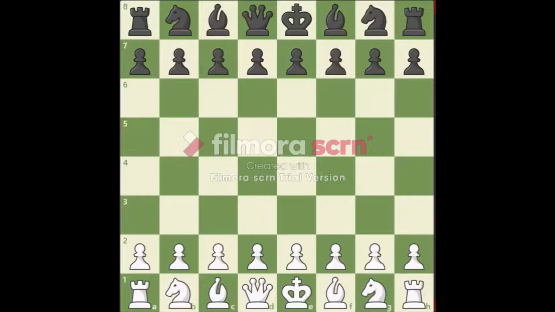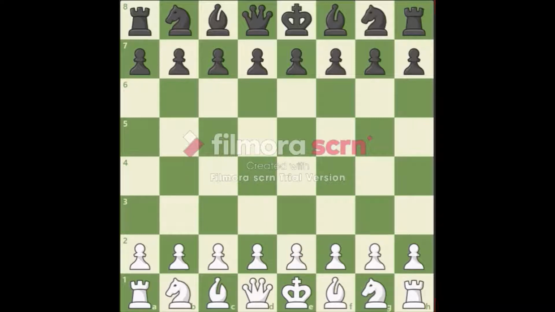Let's meet some other squares. This square on the lower left-hand corner is known as A1. Notice that the letter is first, meaning A, and the number second. And for the E file, meets the fourth rank. This is the E file meeting the fourth rank. So this square is E4.